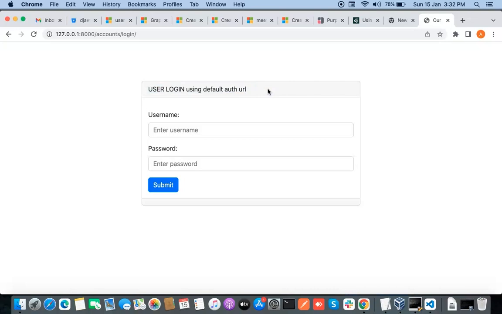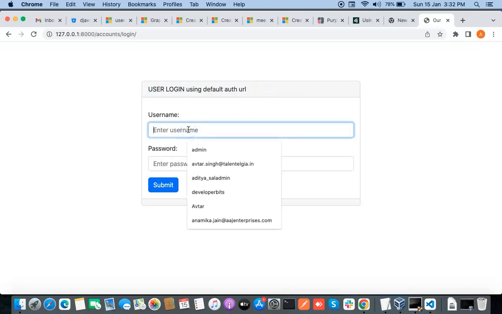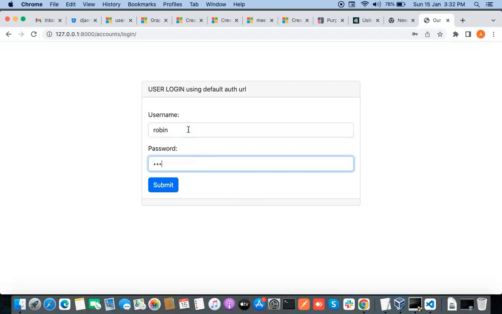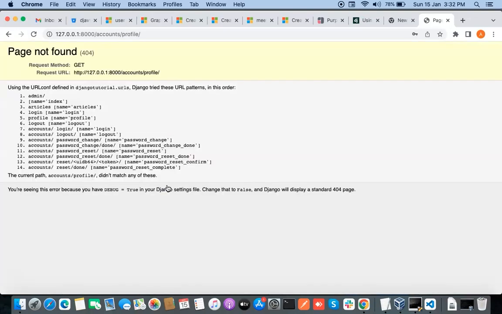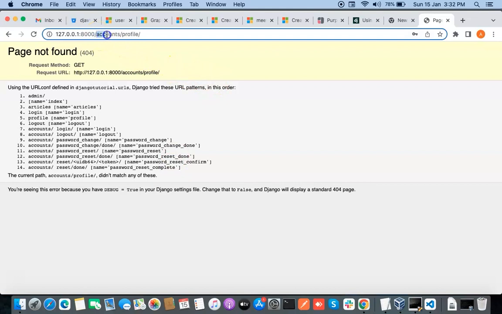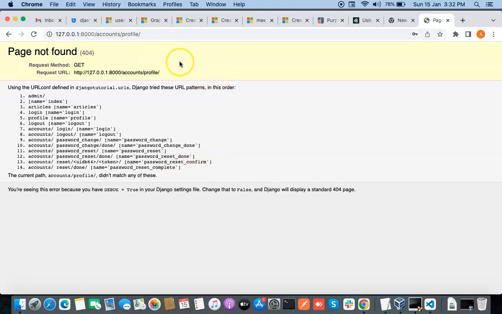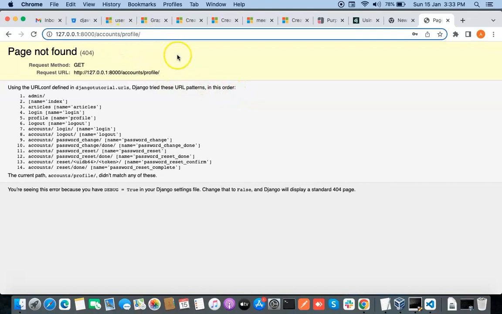And we can again log in. We can also log in with our user Robin, and enter the password here. So what you can see now, there is again an error. It is asking for accounts profile, but we haven't defined any URL with accounts profile. There is no such URL. So what you can do to resolve such an issue, either you can create this profile page, or